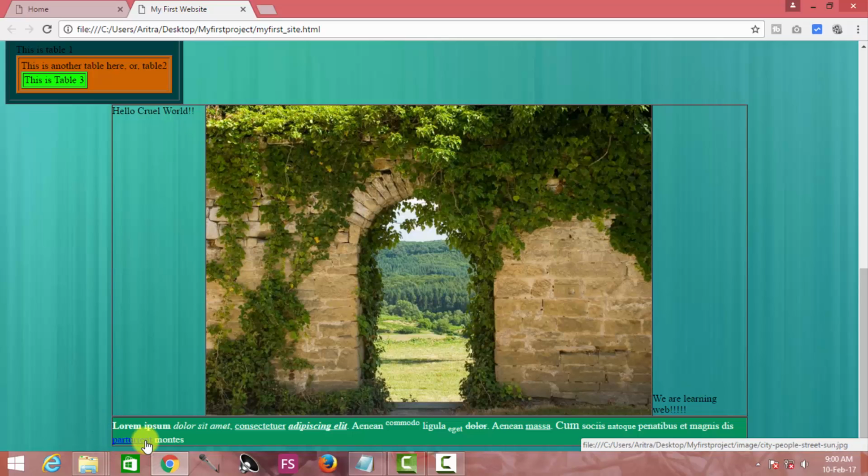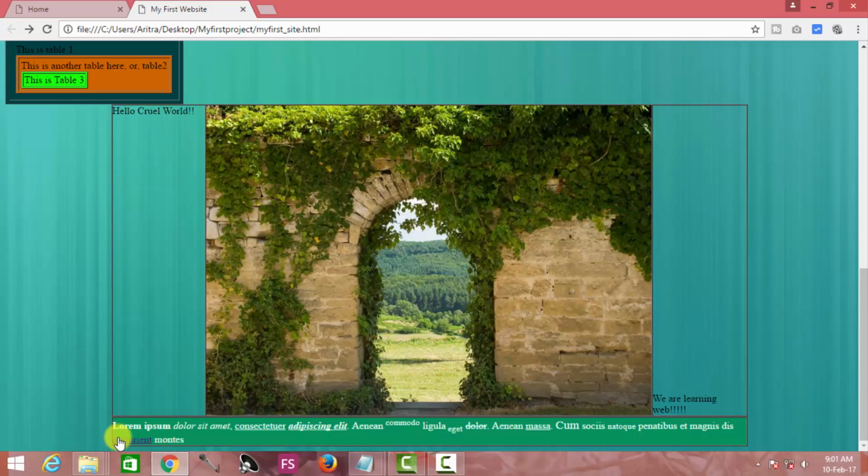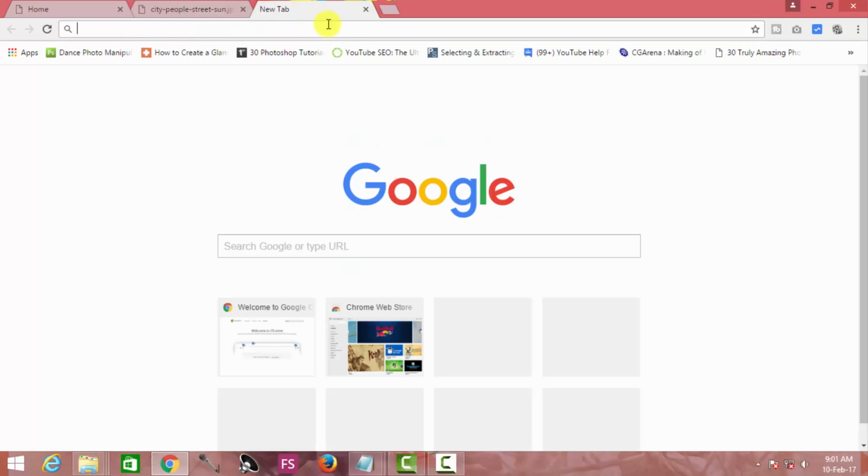And now if we click on it, we will be entering into this particular image. Now here's another problem: when I click here, this image which is hyperlinked to that particular text is opening in the same window. So what if you wish to open that image in a different tab, like this one? This is known as another tab. What if you want to open your image into another tab?